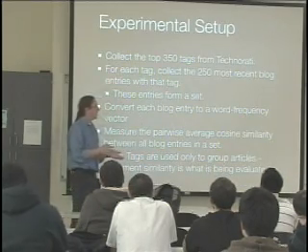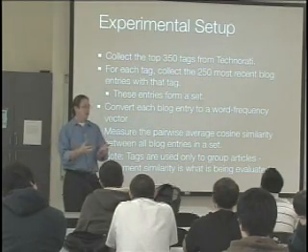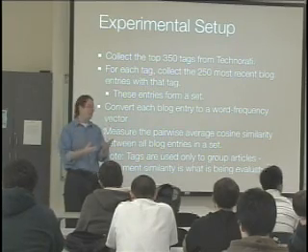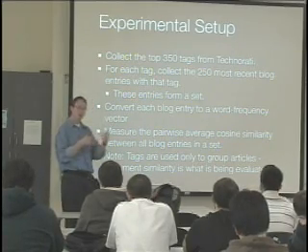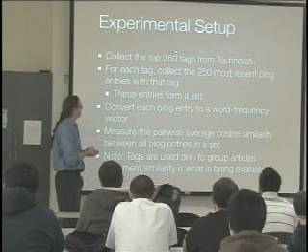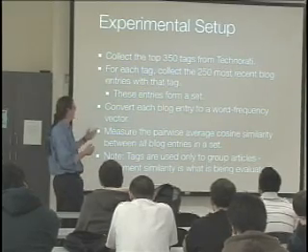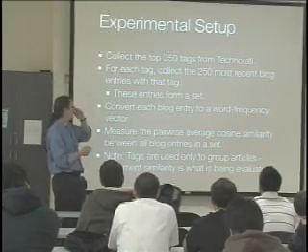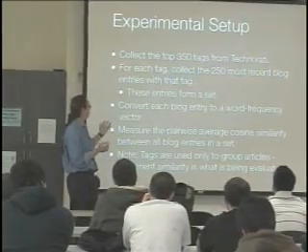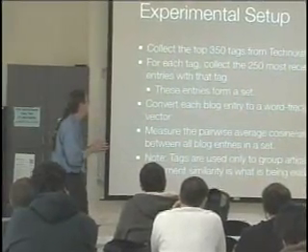So, now that we've got that, we can actually do some experiments. What we wanted to know was, how similar are all the documents in a group that were tagged with the same tag? And we've got this cosine similarity metric that will tell us how similar two documents are. So we went off and we got the top 350 tags from Technorati. And then for each of those tags, we got the 250 most recent blog entries that had that tag. We just kind of picked these numbers out of a hat because that was how much we could manage to get done in a reasonable amount of time.